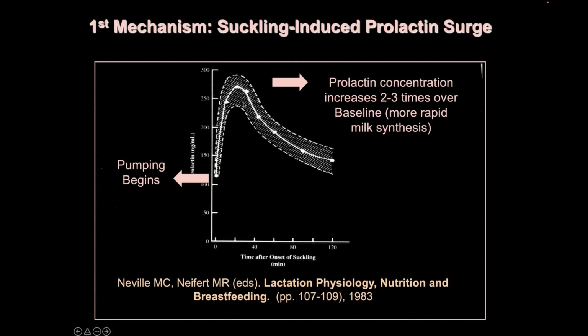And it's the area under the curve when milk synthesis is the most rapid. So that's why we say that there's always milk in the breast, that as the milk is being drained from the breast is when we see the milk replenished most rapidly. Now, over the course of 2.5 to 3 hours, roughly, the prolactin concentration will return to normal or to baseline. So the mother needs another pumping or breastfeeding. So that over the course of the day, we see